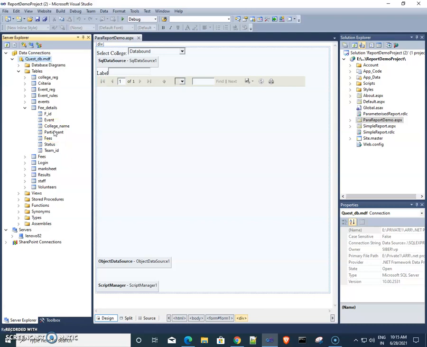How many fees collected college wise or event wise, or how many participants participated event wise, or we can count the event wise participants.